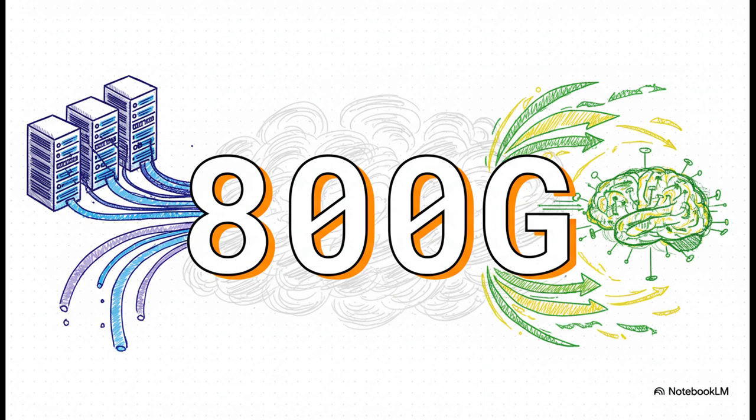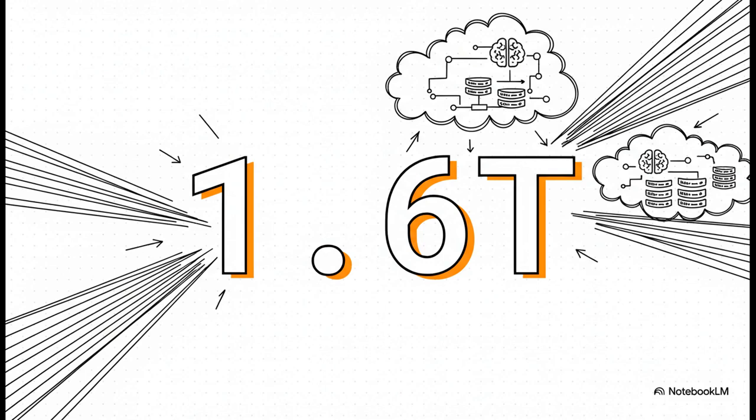The main reason for this insane jump? You guessed it, artificial intelligence. AI requires moving these colossal data sets between data centers just for training models. And you think that's fast? Beyond that, service providers are already starting to adopt 1.6 terabit per second solutions. That is 1,600 gigabits per second, all flowing down a single strand of light. And it's all just to keep up with the biggest AI workloads.